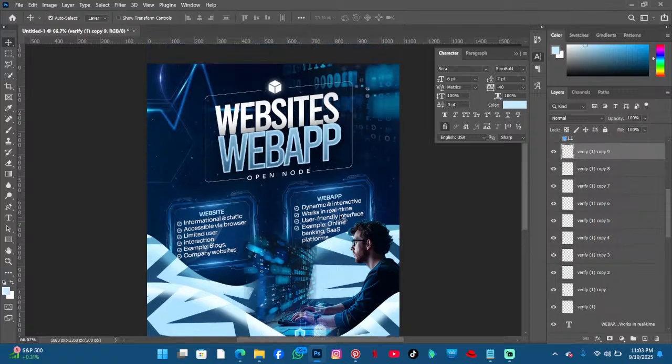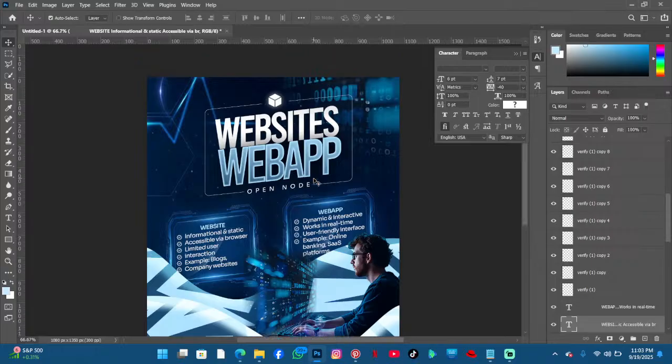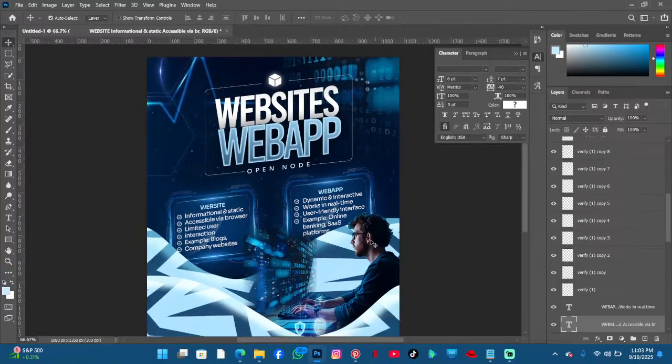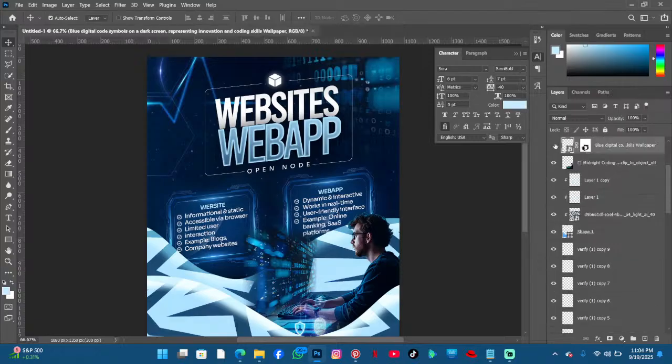That's just what we're going to remove. And also the web app, we're going to give it some space. Also the website, give it some space. Okay, now that this is really nice already,